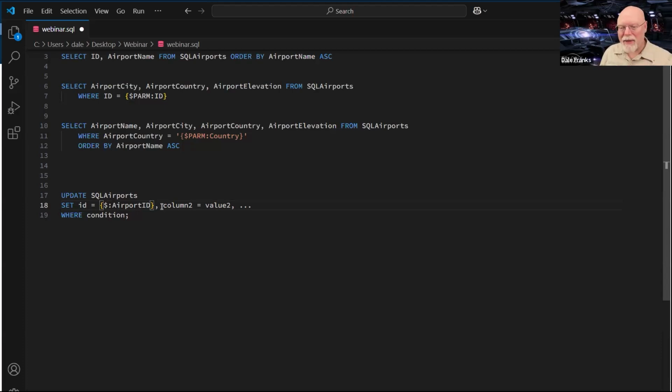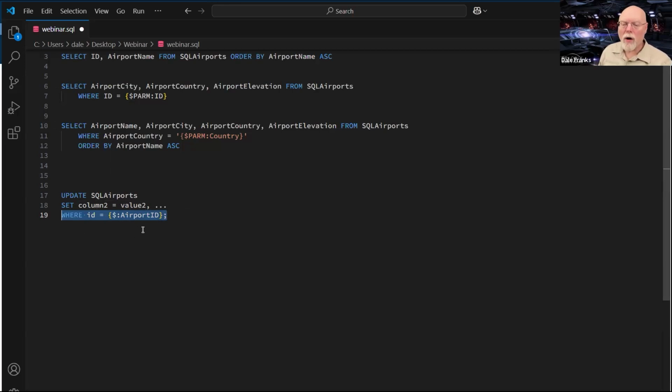And now that I'm thinking about this, I actually don't want to set the airport ID because that is the key value in this field. That's going to be my where clause. So I don't want to change that value. The ID field is the unique field that identifies a specific record, and that is the field I need to use in my where clause to actually make the change. So again, I still just need to put ID where ID equals and whatever the airport ID is.